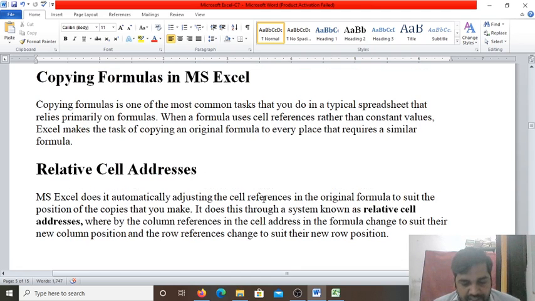Now we'll study the compound formula. Compound formulas are used when more than one operator is required to perform the calculation. When you are using multiplication and also division, meaning more than one arithmetic operator is used in the formula, such a formula is called a compound formula. Like if you want to calculate the simple interest, you have to use principal multiplied by rate multiplied by time divided by 100. Here we use more than one operator, two multiplications and a division, three operators we have used. So if in any formula you are writing more than one operator, that is called a compound formula.